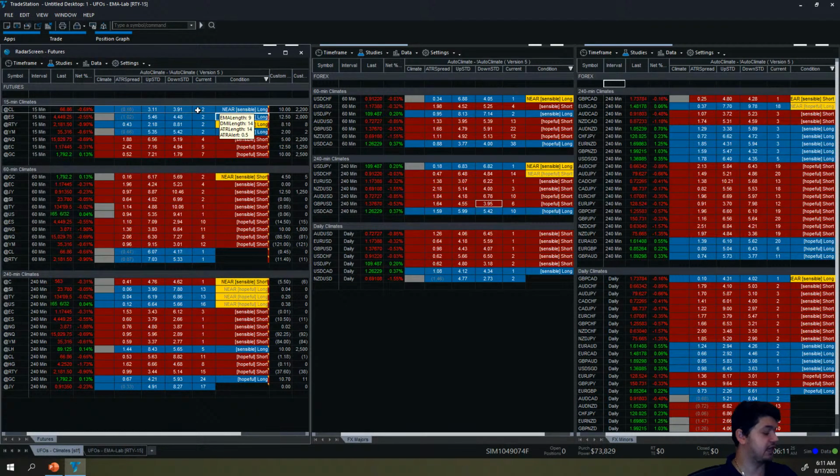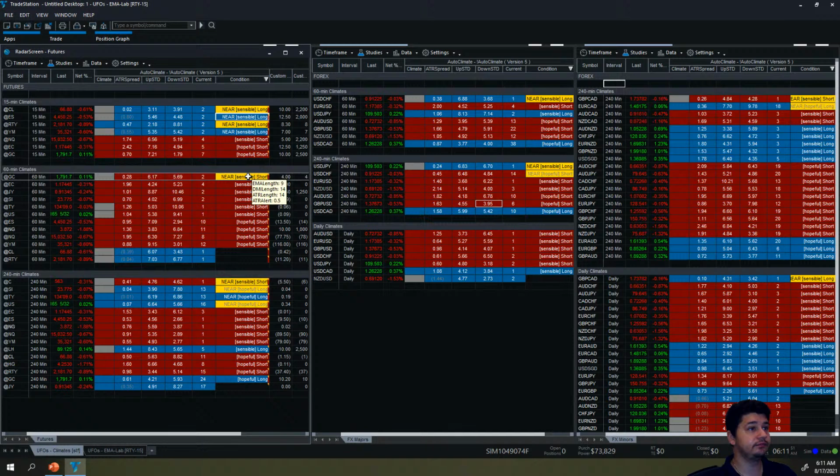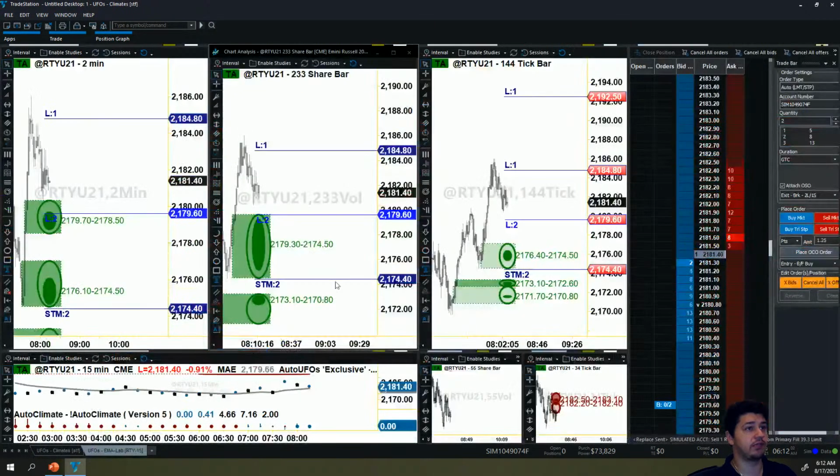However, the ATR is negative, which means that price is already trading below the 9 EMA. So that means this is already looking like it might be turning. So let's see if we have anything else kind of close by. It does not look like we do. Crude oil is an unconfirmed climate, so we cannot even open that chart to look at. So we're going to look at this one for now.